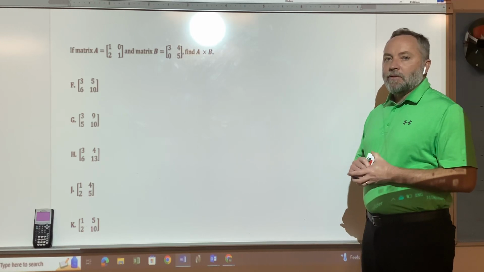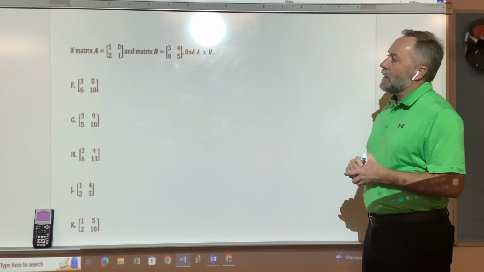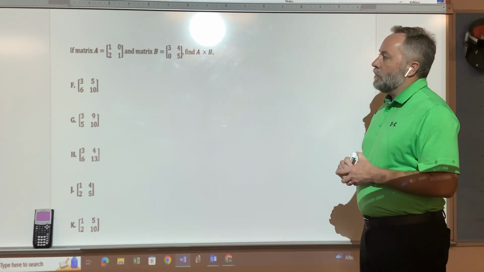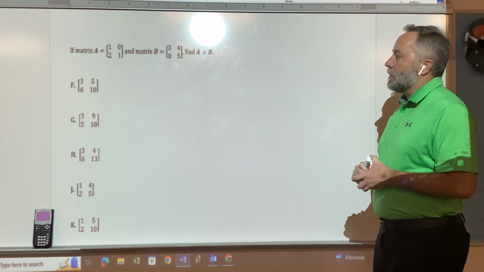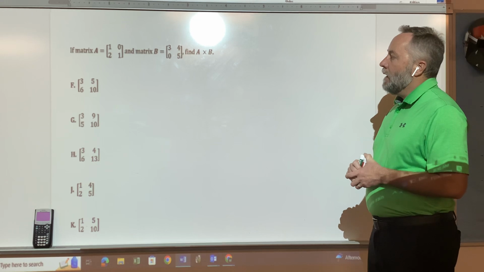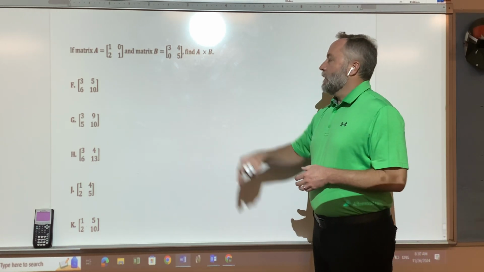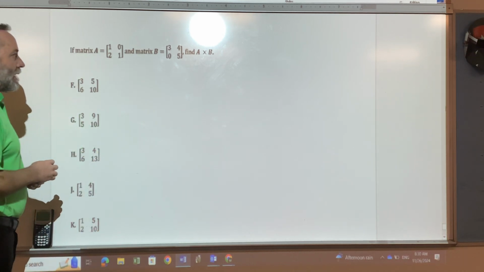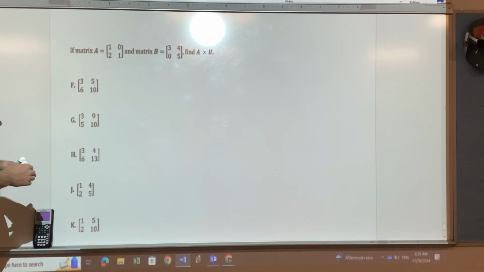This question is about matrix operations and specifically multiplication. It says if matrix A equals 1, 2, 0, 1 and matrix B equals 3, 0, 4, 5, find A times B. Matrix multiplication is probably the more complex operation that you'll be asked to do on the ACT, so